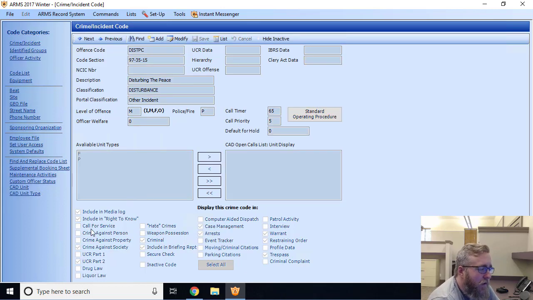Now, the final part down here at the bottom is a bunch of checkboxes. The easiest way to traverse this is to draw an imaginary line down the center. Everything on the left-hand side is going to be checkboxes that control what reports, when printed, this crime code appears on. So if I run a media log, do I want this crime code to appear on my media